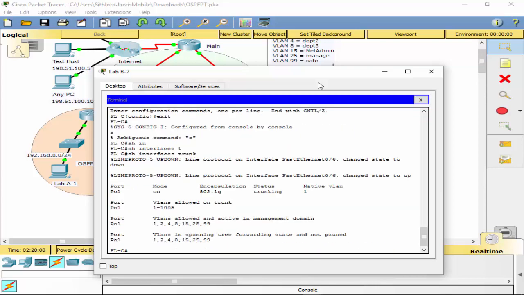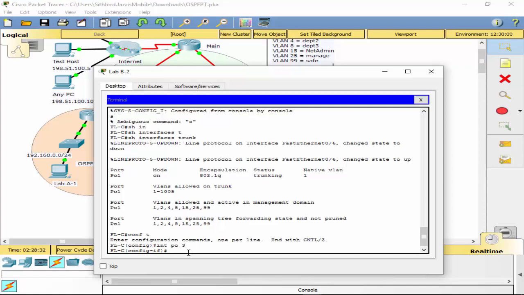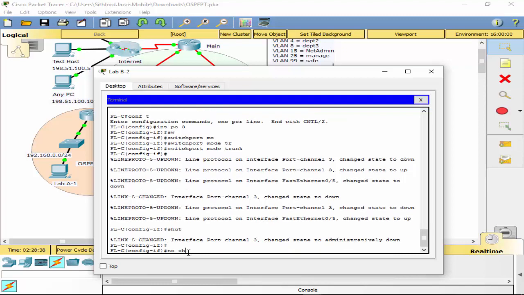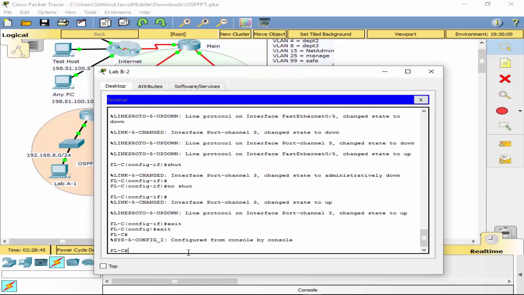Interface is trunk. We only have one PO functioning right now as a trunk. So FLC was in what POs? It's in 3. So interface PO 3. So we'll see if that can form, if we can get there now. Probably how we have the spanning tree priorities is what's not